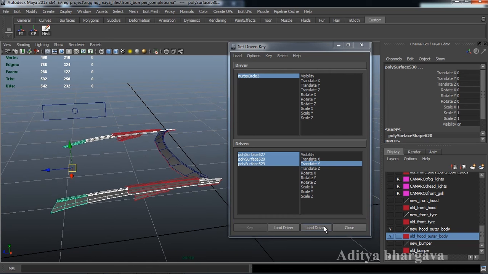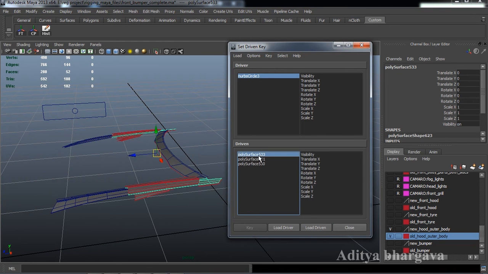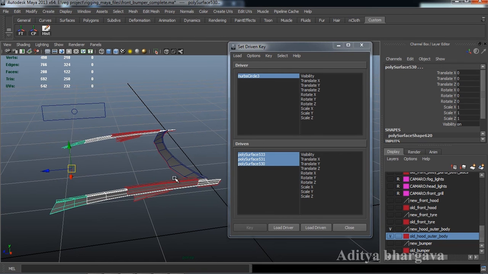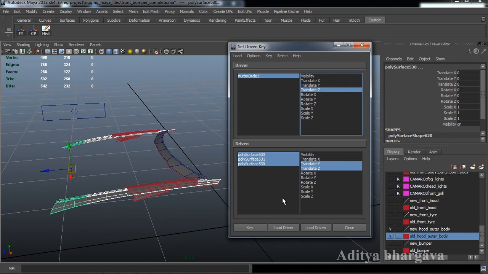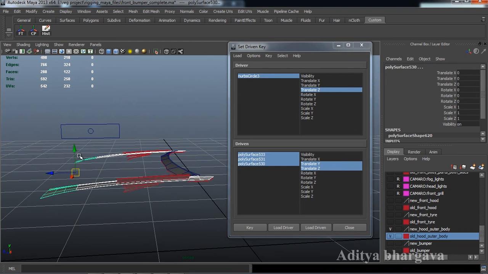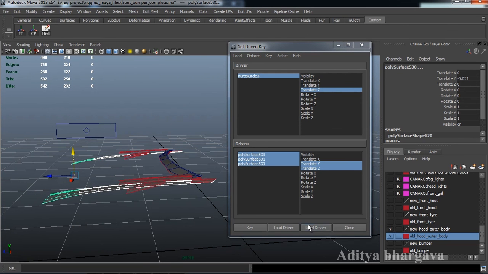So I'll press load driven and select all the three, and we want the Z axis and the Y axis of these three objects to be keyed. So we'll select both of these axes, and the Z axis of the controller should be this one, and we'll press, maybe by making it a bit downwards somewhat here, key,